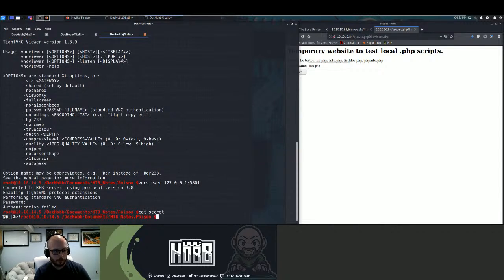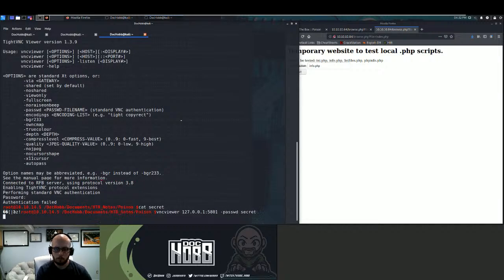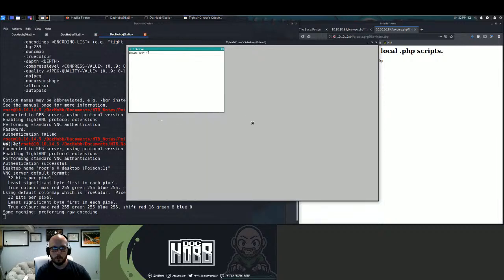I have no idea if this part's going to work. Oh well. It's a password file, it's not a password. So dash password secret. Hey, look at that.